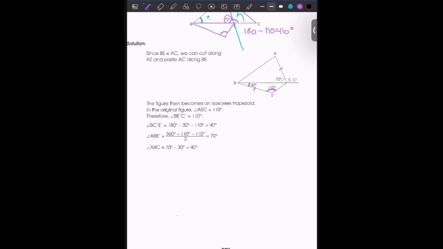And since we have the 30 degrees here, we know that angle BCE right here is going to be 180 minus 110 minus 30, which is 180 minus 140. It's going to be 40 degrees. And then we know that angle ABE prime, so this angle, is going to be